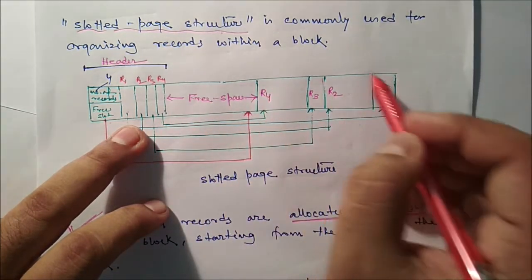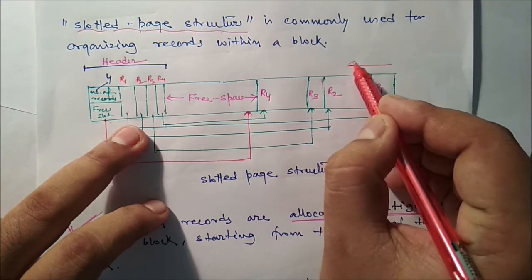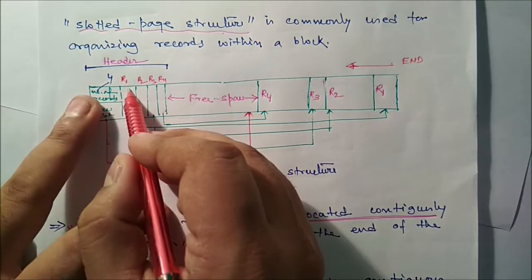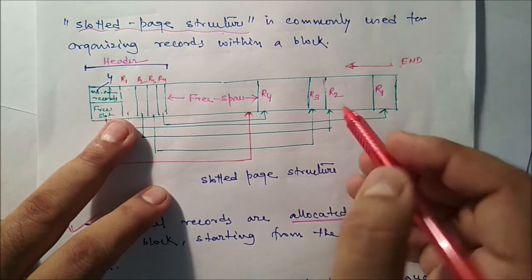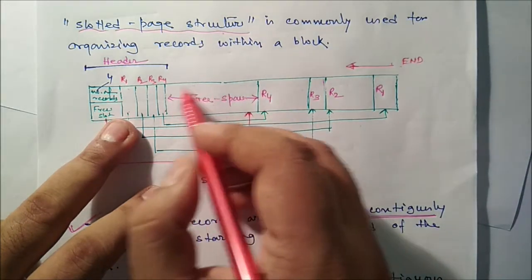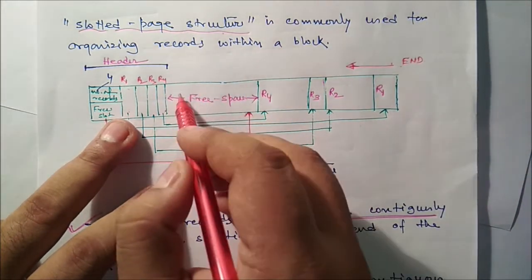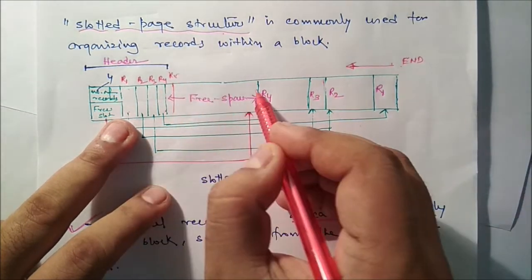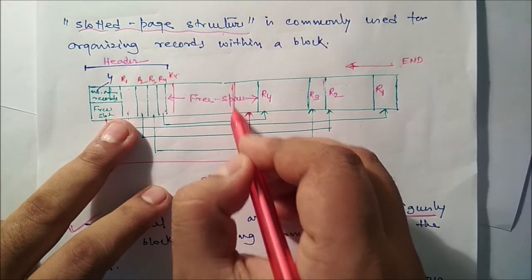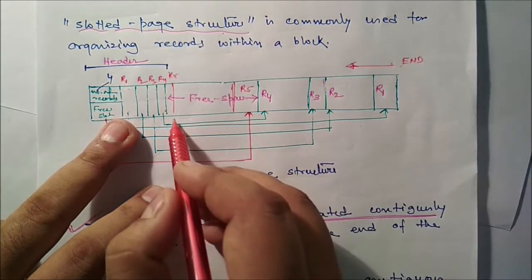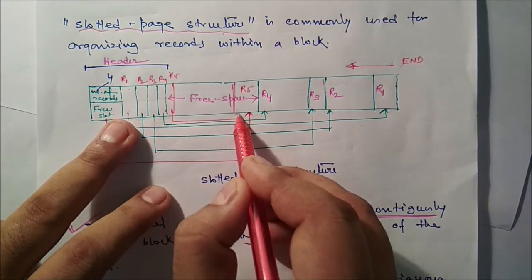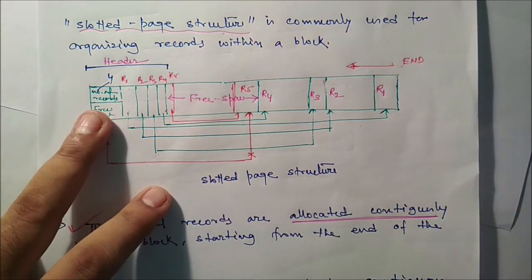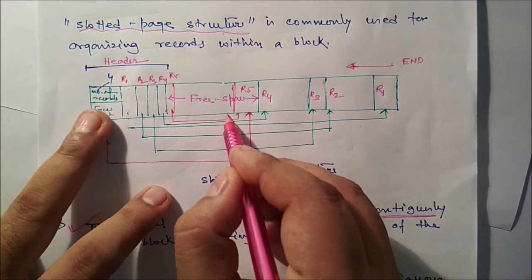Now the records are there, and it is growing in this direction, from end to start, from end to header. So it will grow from the right side, and here this is nothing but free space. Now suppose we want to insert another record, say R5. Suppose we want to insert R5 here. So R5 space may be like that. We allocate R5 from here, and we have to link an address. So the next free slot is what? Now you have to rectify this one, and now the free slot starts from this position.